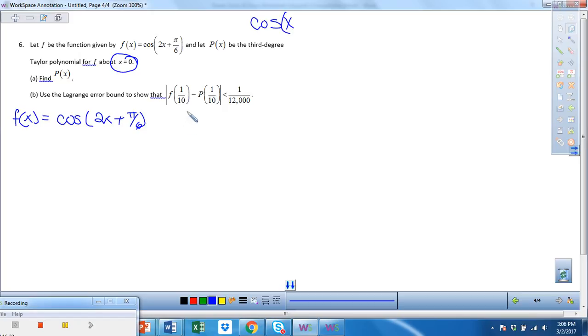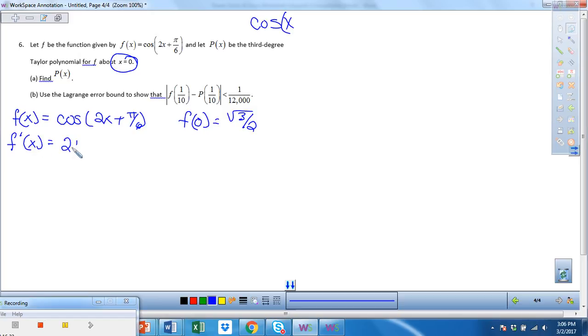So then f of 0 is going to be the cosine of pi over 6, and that is radical 3 over 2. See, this looks fun already. All righty, what are we doing? A third degree? That won't be too bad. So f prime of x is